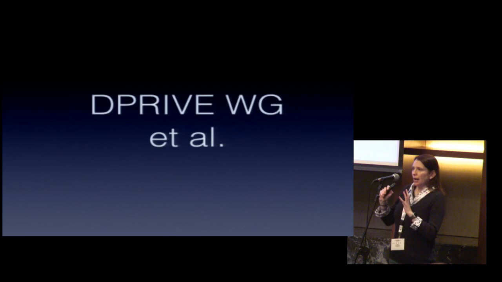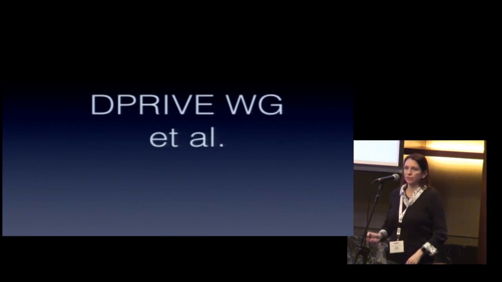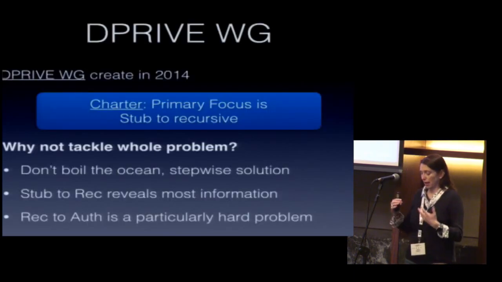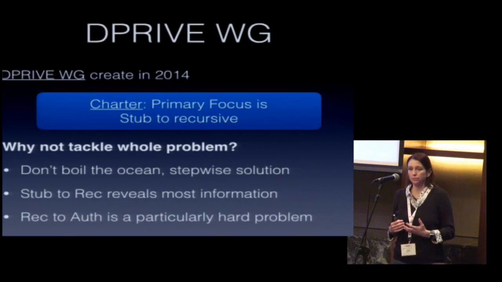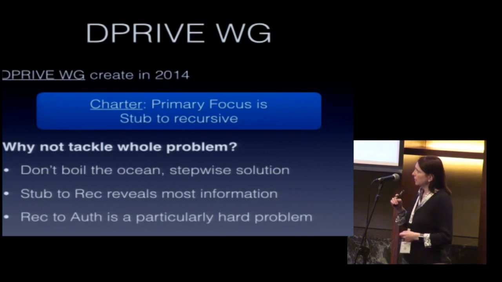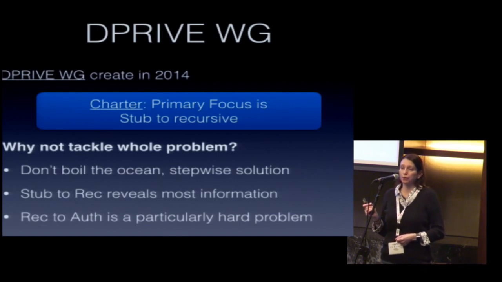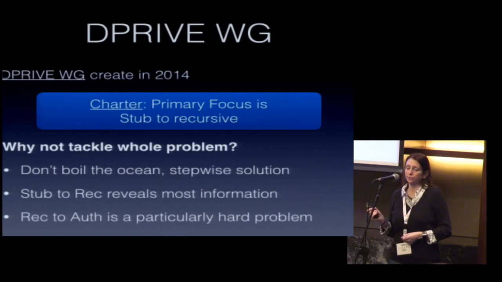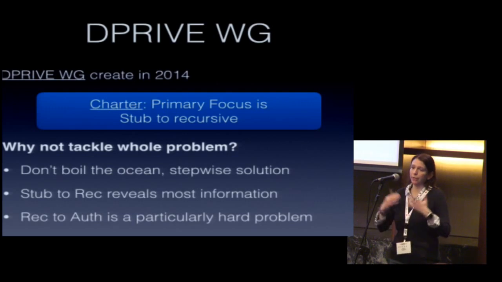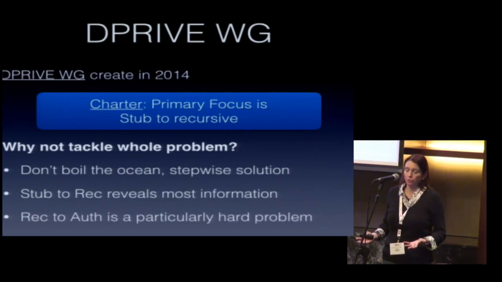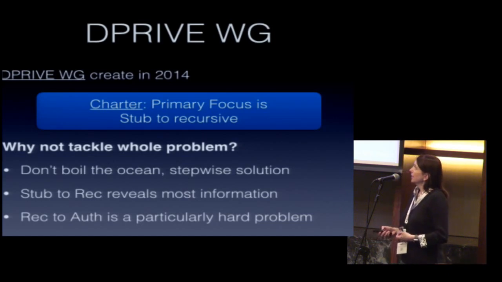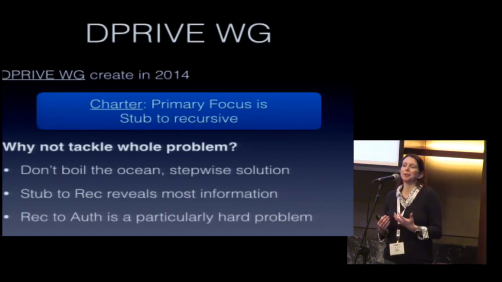So, having talked about the historical context for this, I wanted to move on and talk about what's been happening in recent years. One of the main places this work has happened is the DPRIVE working group, and this was created in 2014 in the wake of the Snowden revelations and the desire by the IETF to mitigate monitoring through protocol design. Now, this was no small task before it.